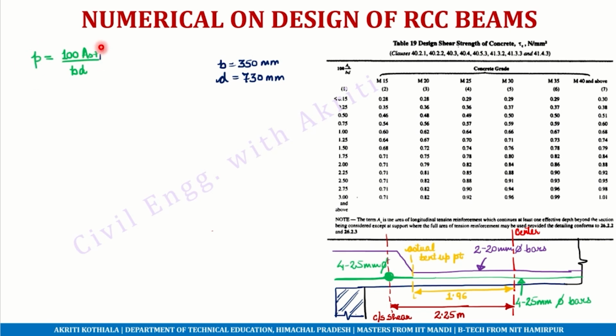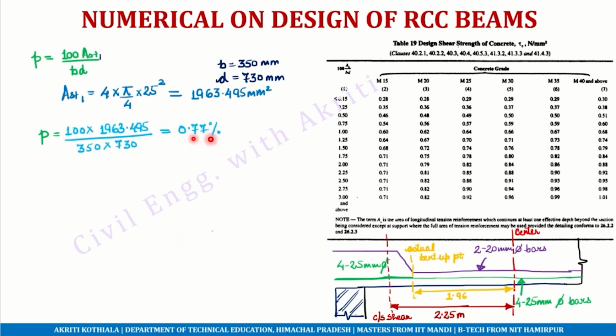The percentage has to be calculated corresponding to the area of steel present at this point of critical section. So this point is the main. So AST1 will be equal to 4 into pi by 4 into 25 square, that is corresponding to the 4 25-diameter bars present at this critical section for shear. This is 1963.495 millimeter square. So P will be equal to 100 into AST upon BD,